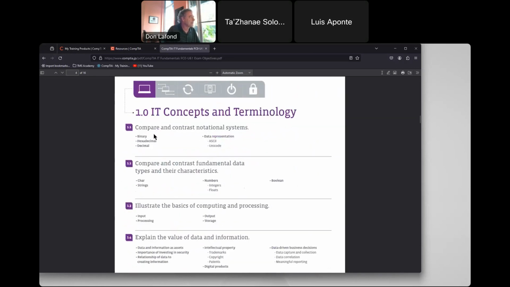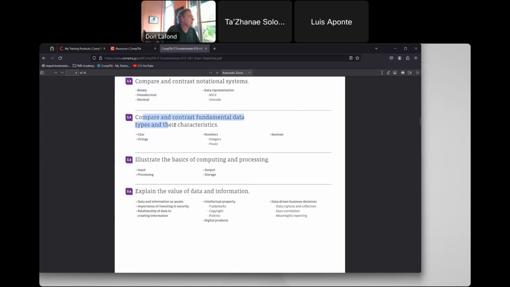So IT concepts, you're expected to compare and contrast notational systems. So you have to know about binary and hexadecimal and decimal. You have to be able to convert between binary and hex and decimal. You need to know what ASCII is and what Unicode is. Then we'll go on to compare and contrast fundamental types of characters. What's a char? What's a string? These are important when it comes to things like,